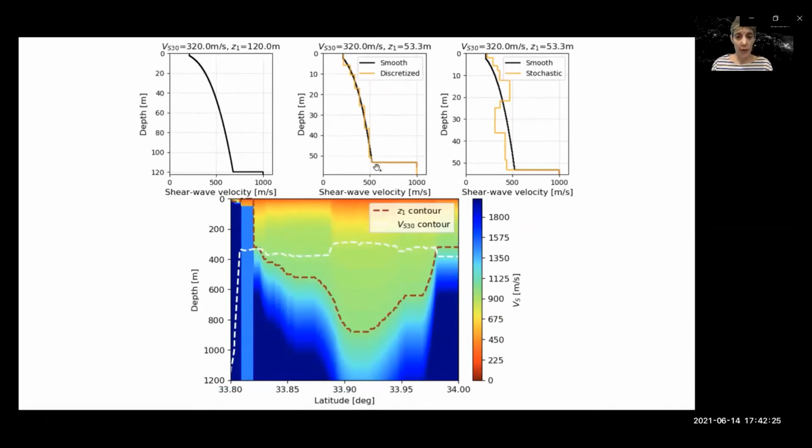We then discretize the SVM component using the variation of the thickness with depth. And then we can also create a stochastic realization of this stepwise profile variation with depth, using the parameterized version of the error bins.